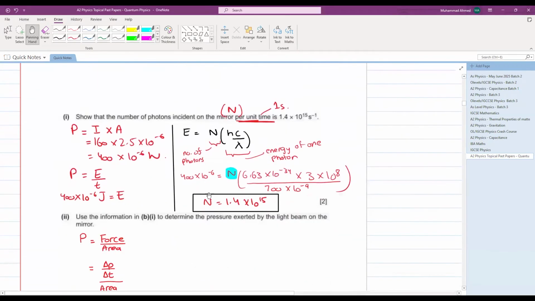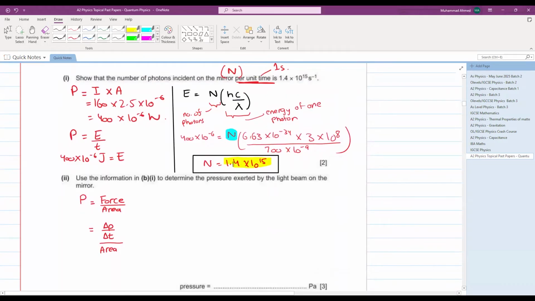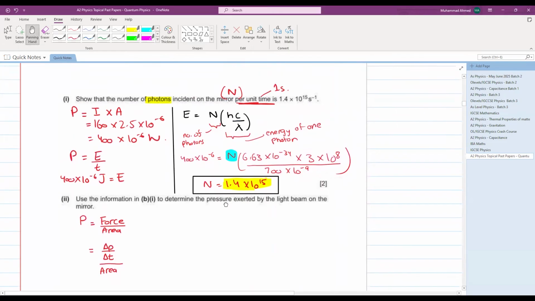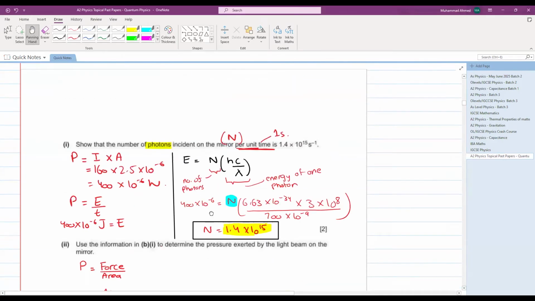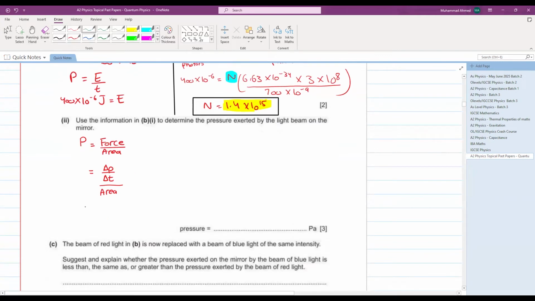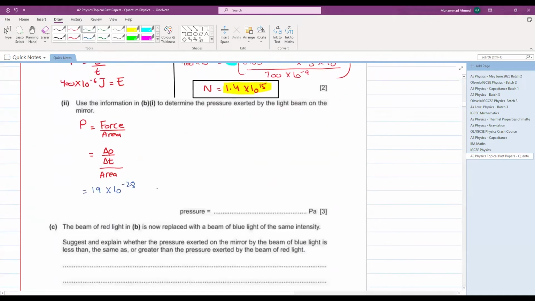But there is one more problem here. Can you see there are 1.4 into 10 raised to the power of 15 photons? You have calculated the change in momentum for 1 photon. What will we do to calculate the change in momentum for all the photons? The change in momentum for one photon was 19 into 10 raised to the power of minus 28, and the number of photons is 1.4 into 10 raised to the power of 15,